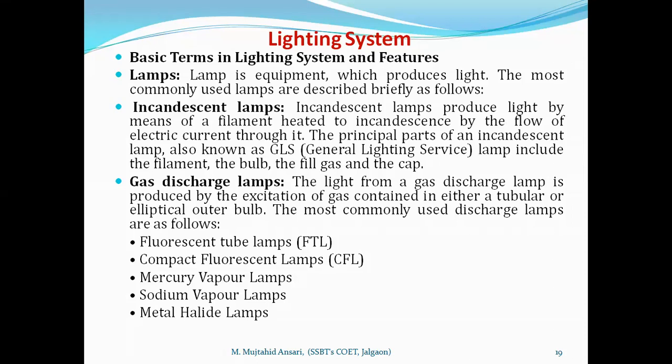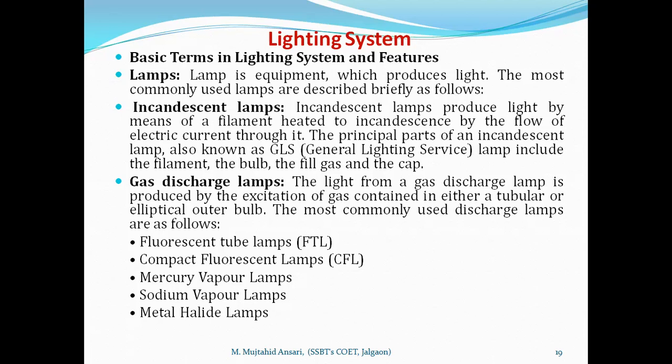Second is the sodium vapor lamp. Sodium vapor lamp has somewhat higher efficacy as compared to the mercury vapor lamp, but the one drawback is that it gives color blindness. The color blindness is that whatever color is available or appears in natural daylight is different under the mercury vapor or sodium vapor lamp. So sodium vapor lamps are used where the color is not important, like a street light. It may be a shunting yard, a railway station, some yard or godowns where the color is not important. We can use the mercury vapor lamp.